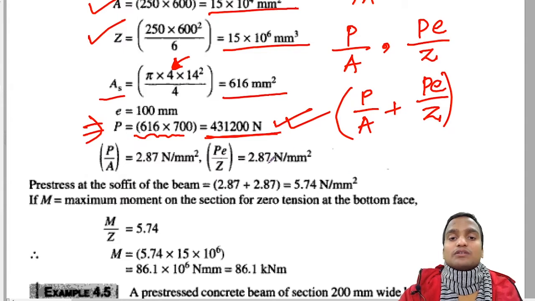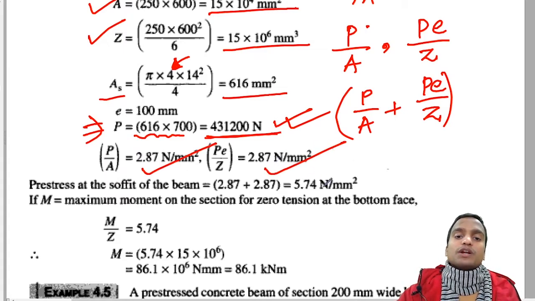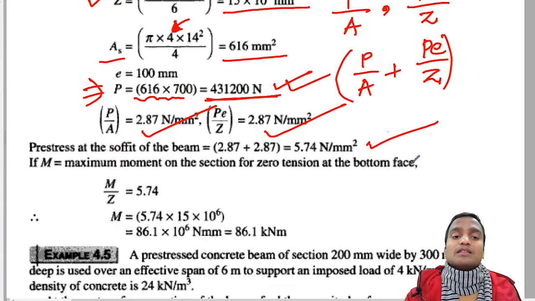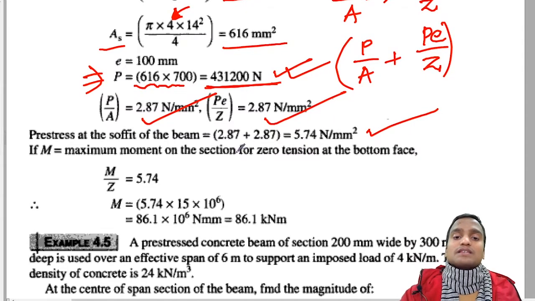So P by A comes as 2.87, and PE by Z is also coming as 2.87 Newton per mm square. So total pre-stress at the soffit is 5.74 Newton per mm square, and the maximum moment on the section for